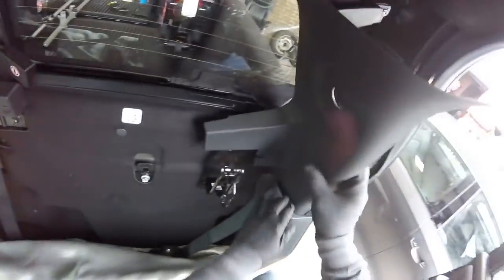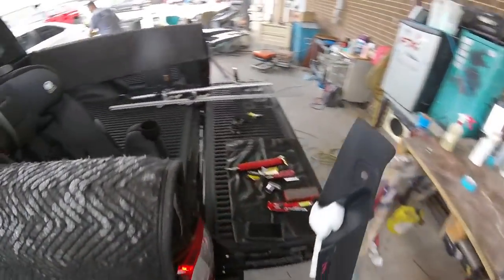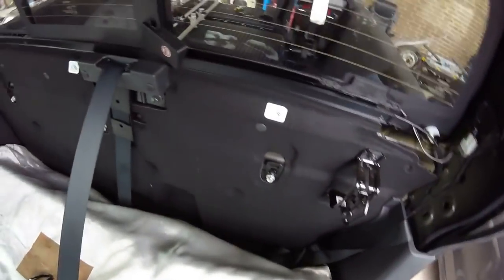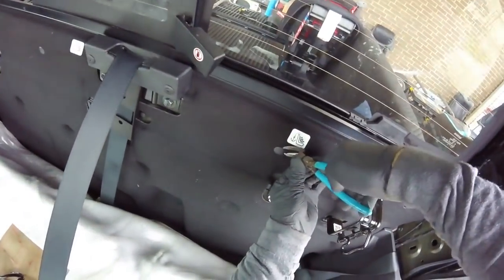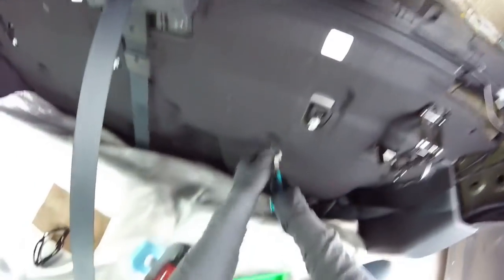Cover this one. More easy this time on the panels. Okay, in this case I'm not going to pull this one too much, but I'm going to just open it a little bit just to get this one out. But now first we're going to take all these little pins or clips. They're here. Got a couple of